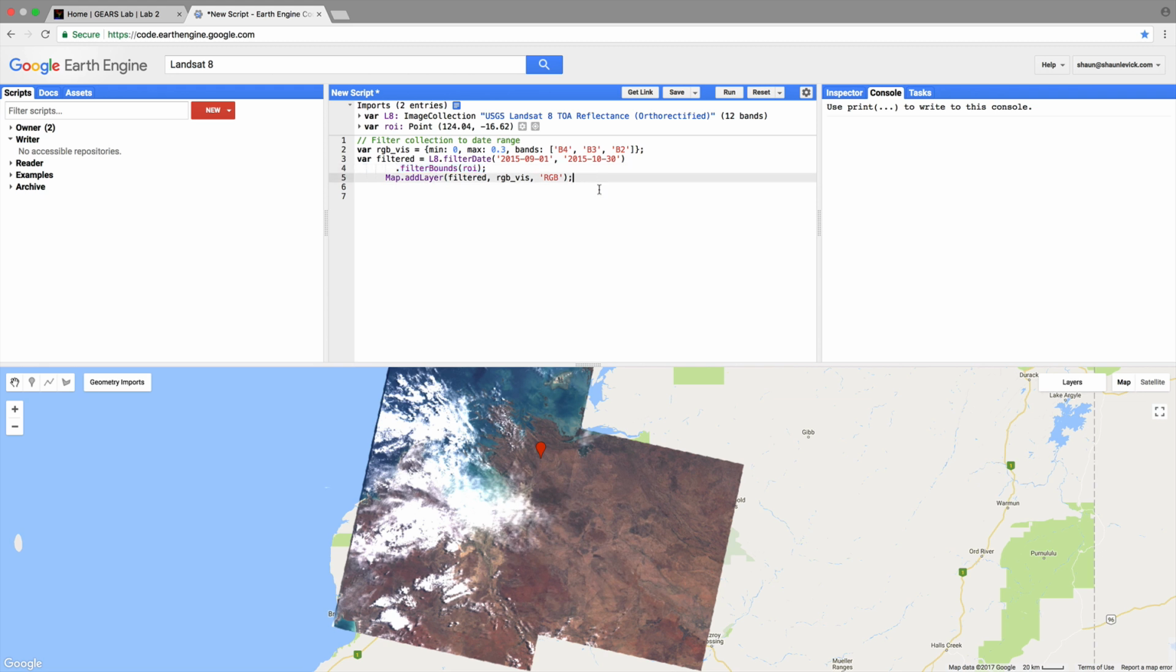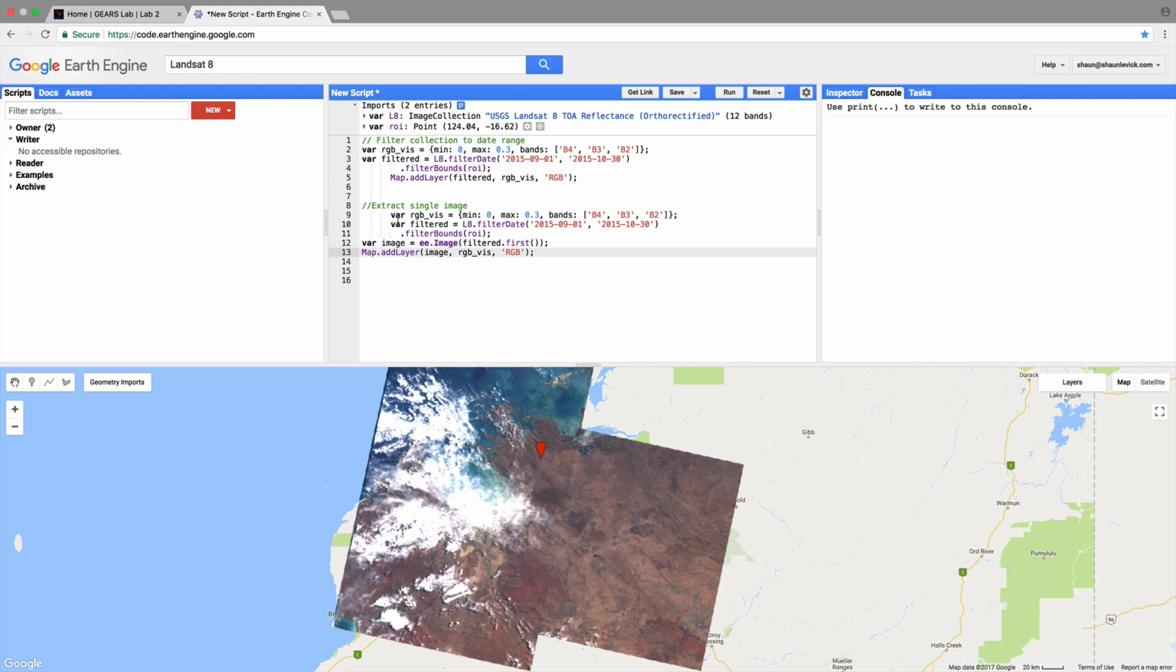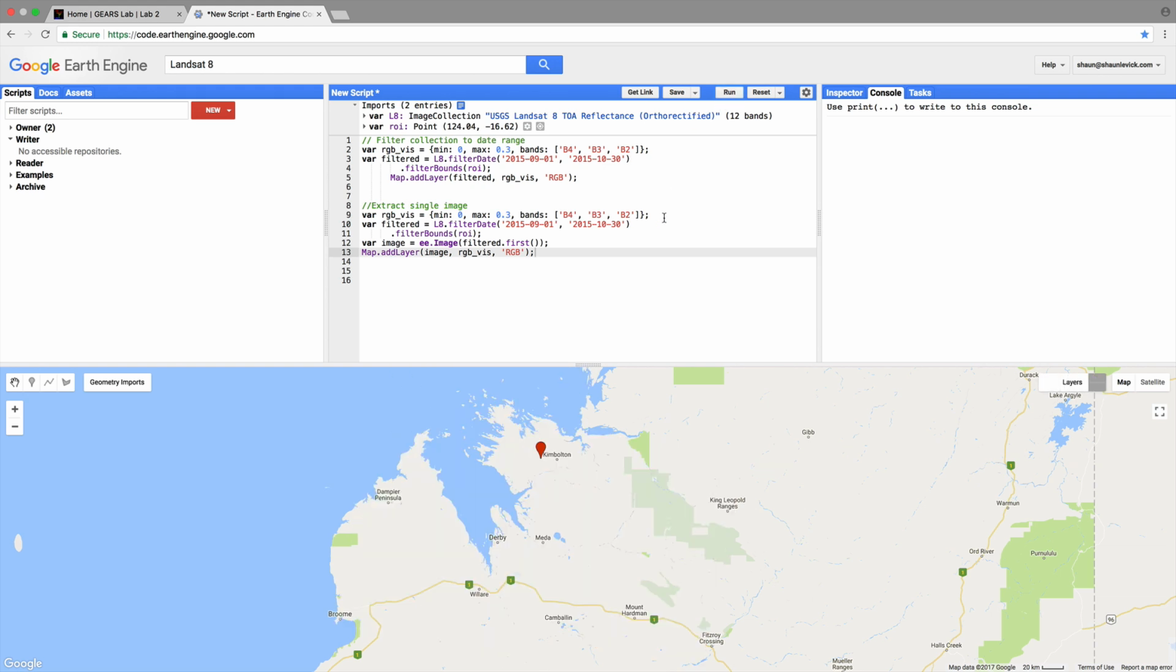So let's make a little note on what we're doing. We're going to extract a single image and have a look at what's different about this piece of code. You'll see that we're filtering by bounds, but we're creating a variable image, which is the first image within the filtered collection. So let's run that,